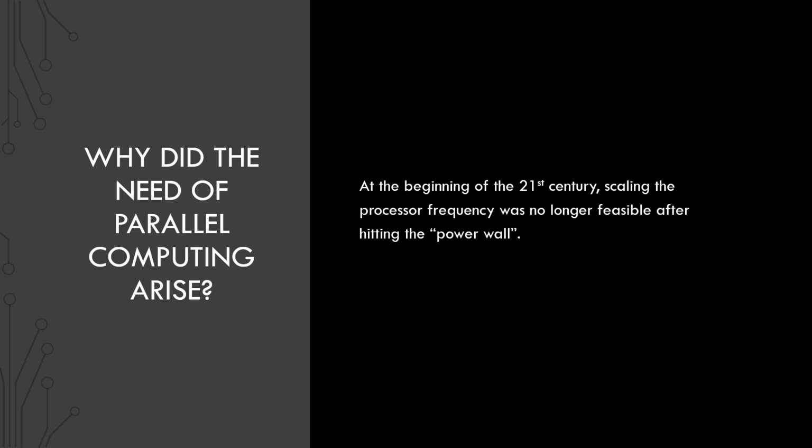The power wall is due to hardware limitations current companies face, which is affordable methods for power delivery and dissipation. In other words, if they try to add more transistors inside the processor, they can't deliver power to the entire processor, or they won't be able to deal with the power dissipation inside the processor. Also, the problem of heat arises with such a number of transistors. So if they increase the number of transistors beyond a certain point, they won't be able to deal with the heat emitting from the processor, which can cause the processor to either burn or melt. And that's why companies such as Intel decided that instead of scaling a single processor, they will use more than one processor at the same time.